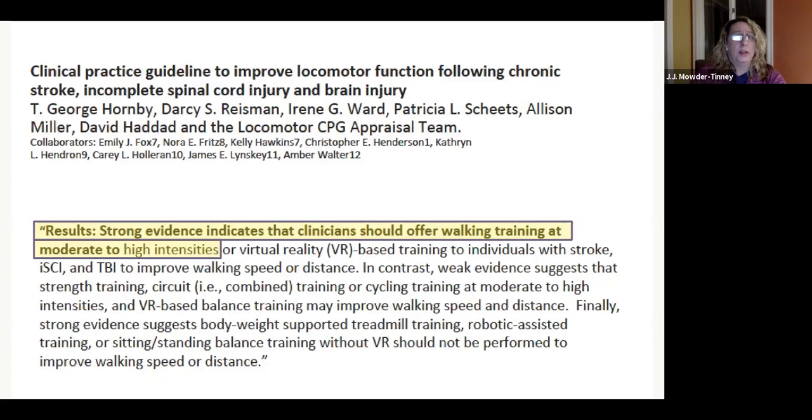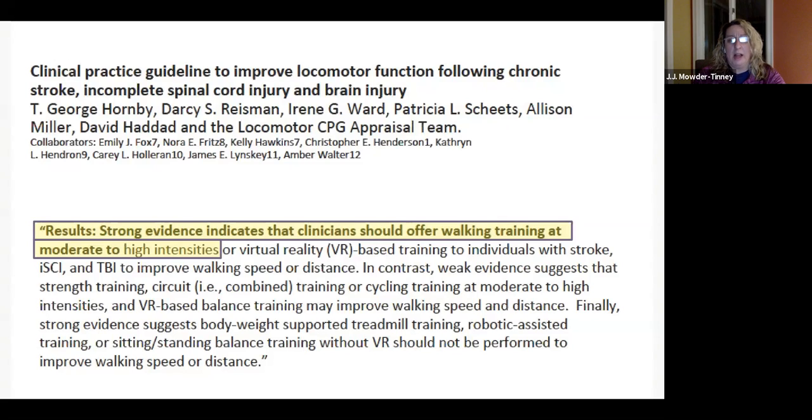And you might be familiar with, this isn't out yet, but you might have seen in the neuro section, the call for feedback. So Hornby and Darcy and all that big crew went through the clinical practice guideline to improve locomotor function. And they're all about the walking training, but with moderate to high intensities. Virtual reality they find was beneficial with moderate to high intensities. But so is strength training and circuit training and all those, but they have to be intense enough for it to be beneficial. And so I think that, again, that hasn't come out in its completion yet, but for the most part,